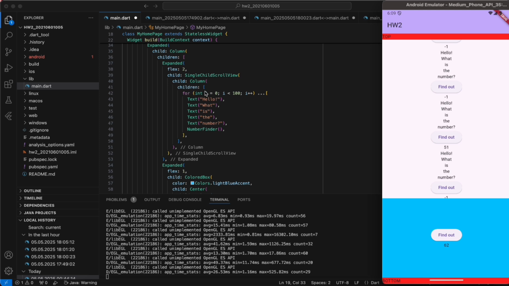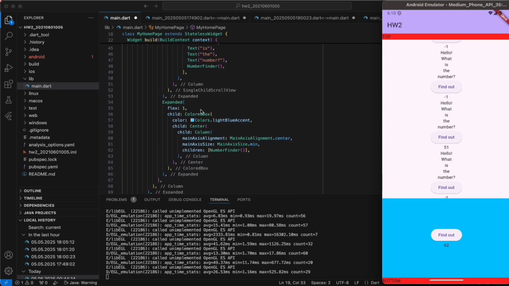The first one is with flex two. It has a spread operator and a for operation, and it creates 100 widgets with the button, and it's scrollable. You see the SingleChildScrollView, and the other Expanded area with flex one is smaller than the other part, and it has a light blue accent color with the Center. I added these parts to make it centered, main axis alignment center and main axis size min, to